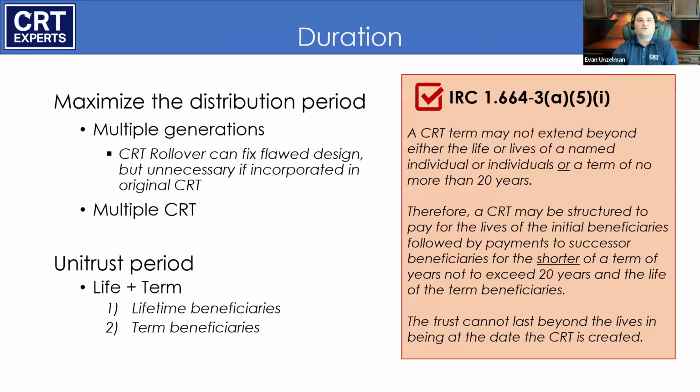So let's talk first about duration. In general, the goal with respect to duration should be to include as many living family members as possible and to extend the expected duration of the CRT as long as possible. If given the choice, most donors will give up some upfront deduction. Now, if we're maximizing the duration, we're minimizing the charitable tax deduction the donor receives when they establish the CRT. That deduction is based on what's expected to go to charity. And so if we're maximizing the duration